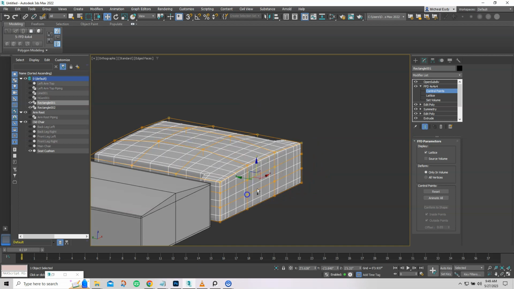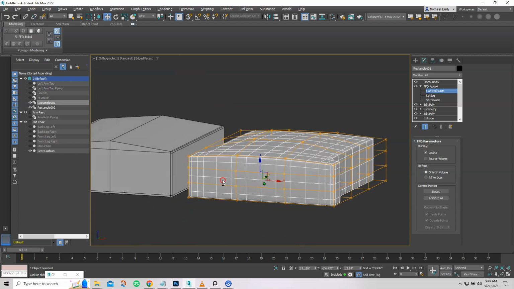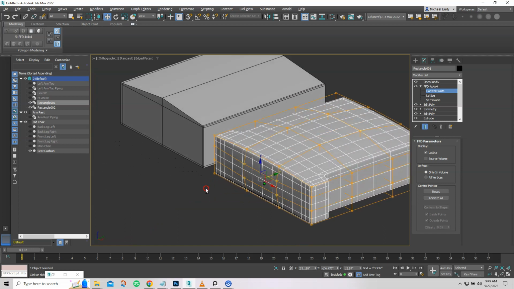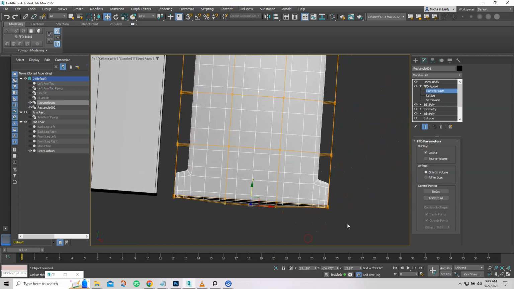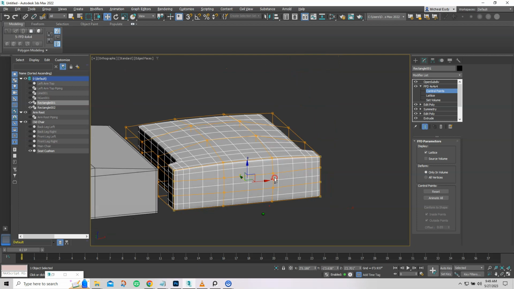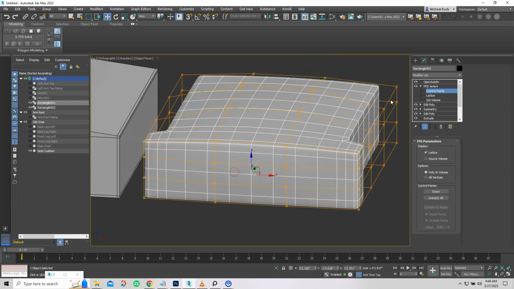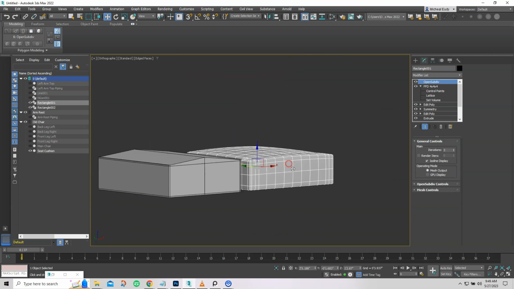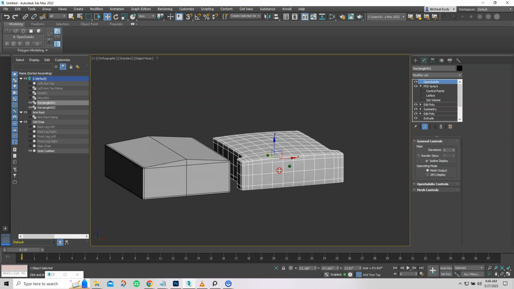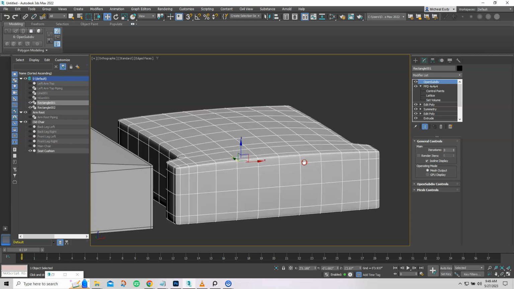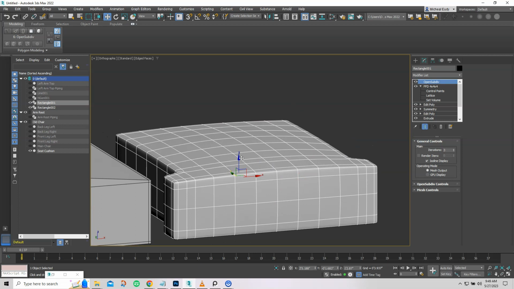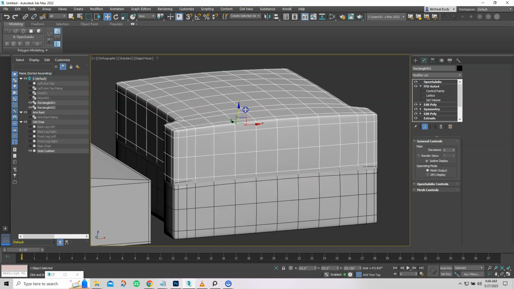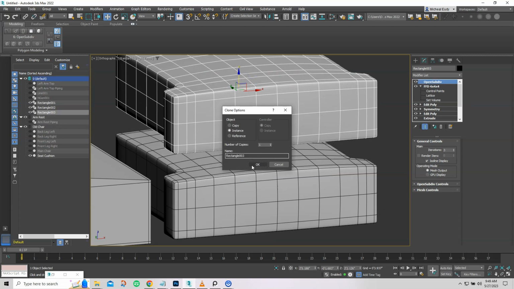Let's go ahead and pull the front out a little bit so it bulges and it's not so flat. Let's pull those back just a little bit. Okay, that's looking pretty good. So it's more puffy now. Okay, that looks pretty good. All right, I'm going to copy this because I'm going to use it to